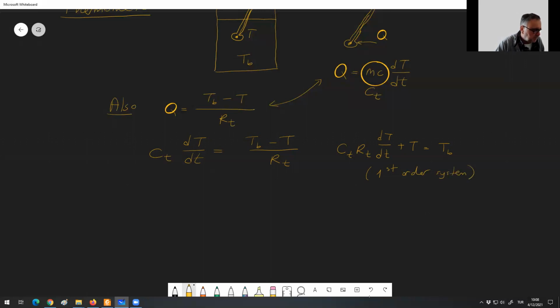And the transfer function, if you want to find it, T of S, the temperature of the thermometer divided by the bath temperature. If you take Laplace transforms and so on, it will be 1 over CT RT S plus 1. Okay. First order. So what happens when you insert